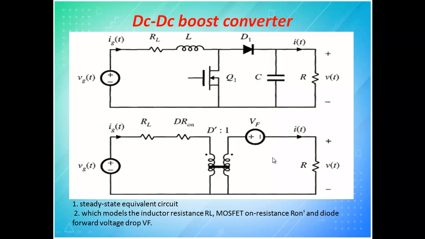Since we said that only voltage is being charged in this capacitor, there is no need to represent this capacitor here, because it is like a source for a short duration of time. That is nothing but the voltage coming to this diode. At this diode itself you will get the twice voltage. That is why this switch is replaced by something like a transformer, showing that this is primary and this is secondary. Here itself you will have the rise in voltage, twice the voltage will come across this point. When that voltage occurs, some voltage is dropped across the diode, which is called the diode voltage drop. The remaining will be transferred to the secondary side. So this is how we will discuss a boost converter.